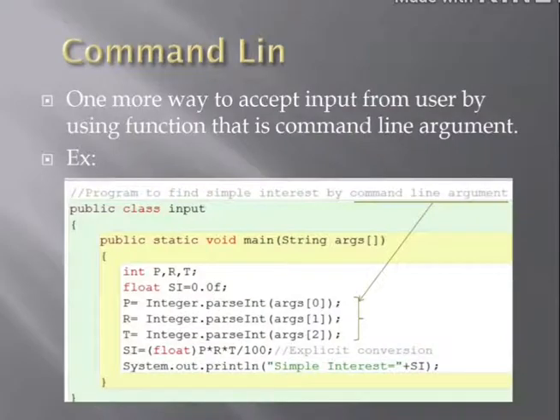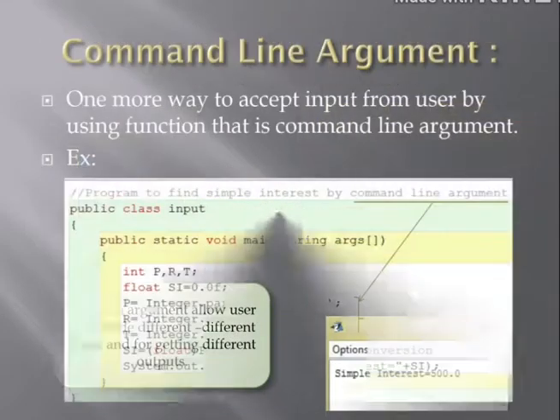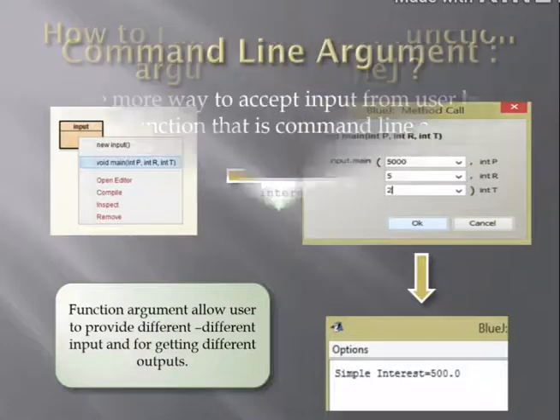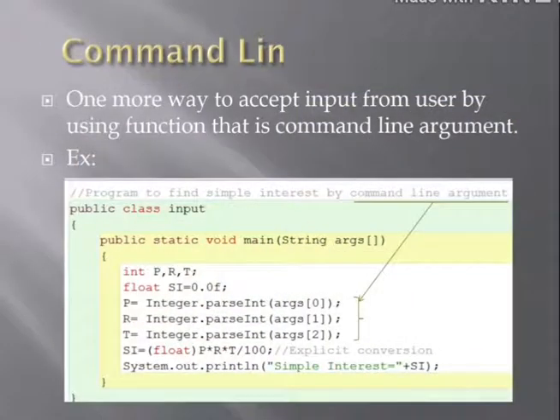Then see, now we have command line argument. See, previously what we were doing, we were accepting values from the main function, and now in command line argument we are accepting values again from the main function, but in a different style.